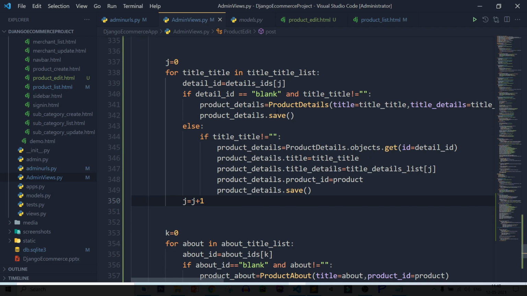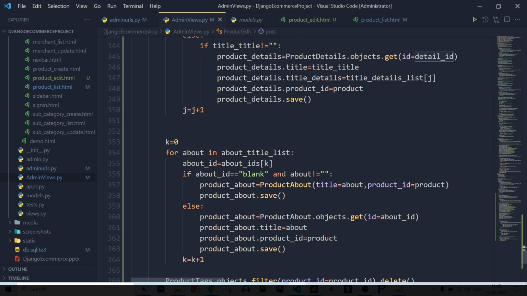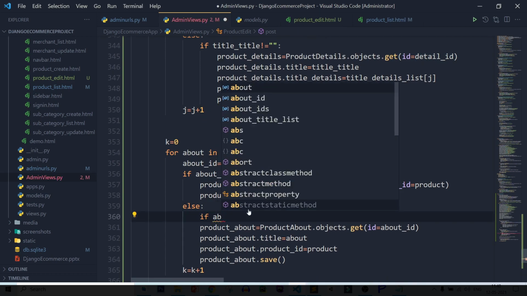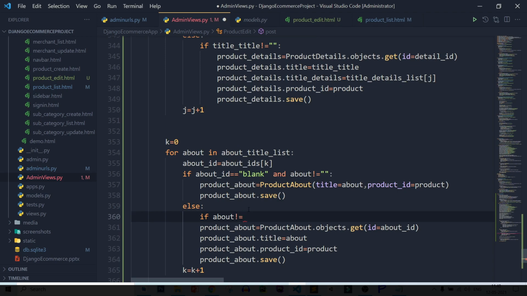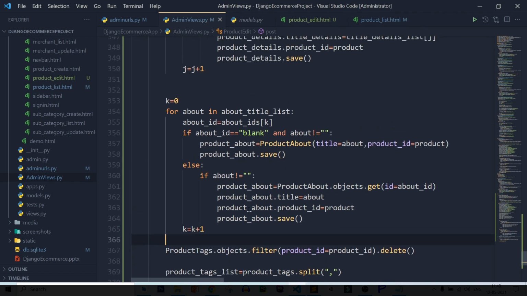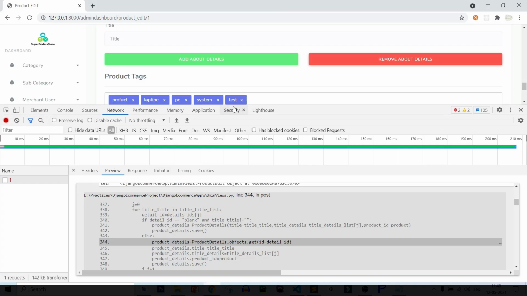The problem is simple: if detail ID is blank, but title not equal to blank, then it comes to here. So in blank data it goes here and it is showing the error. So doing the same here, if about not equal to blank. Save this file. Now let's check if it's working or not.